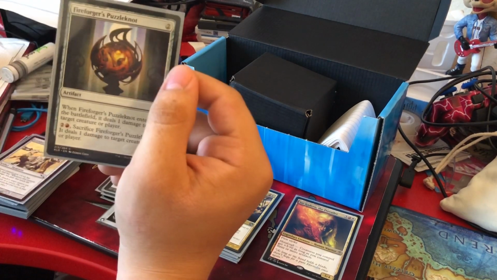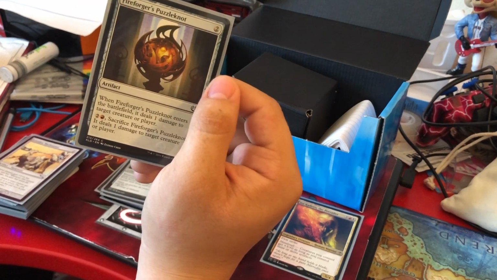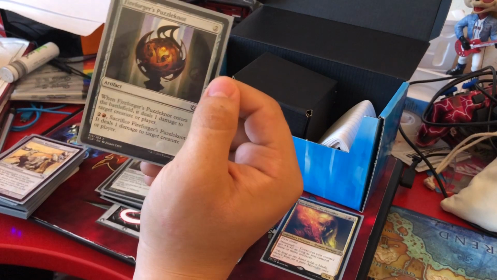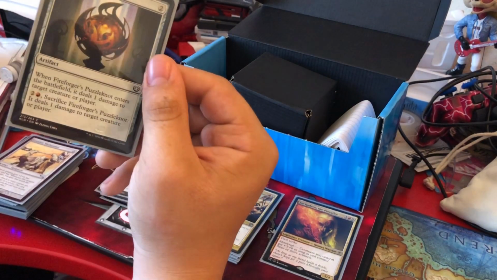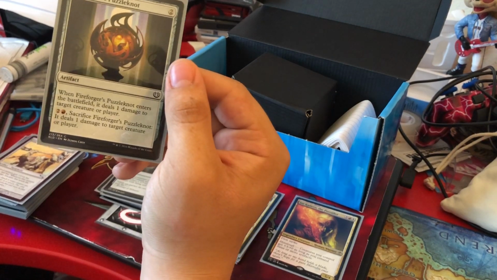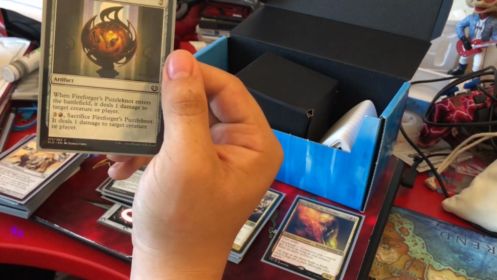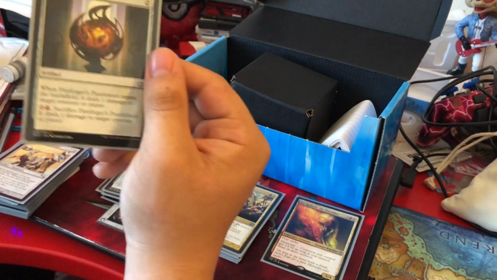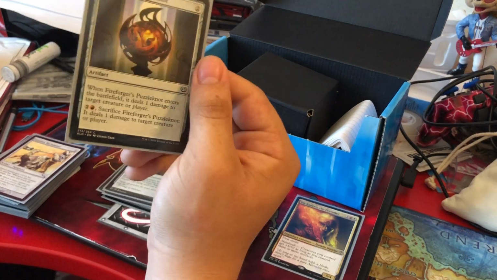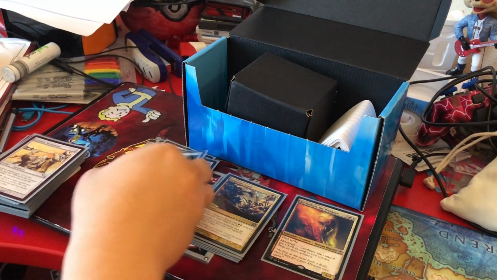Next is the Fire Fortress Puzzle Knot for 2 generic, and when it enters the battlefield, it deals 1 damage to target creature or player. Great for just a quick ping. 2 and a red, and you sacrifice it, of course. It deals 1 damage to target creature or player. Not all that useful, but still, 2 damage is... I'll take what I can get, you know? Now,